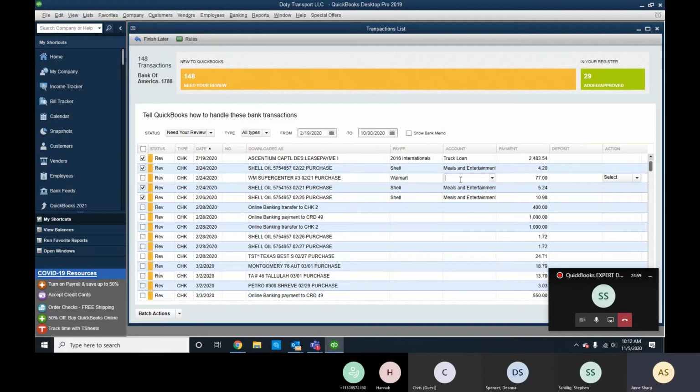So Walmart can be a variety of things. It could be grocery bills. It could be office supplies. It could be trees. Truckers obviously live in their trucks. So there's quite a variety here. So for the sake of training purposes, we're going to go ahead and put this in